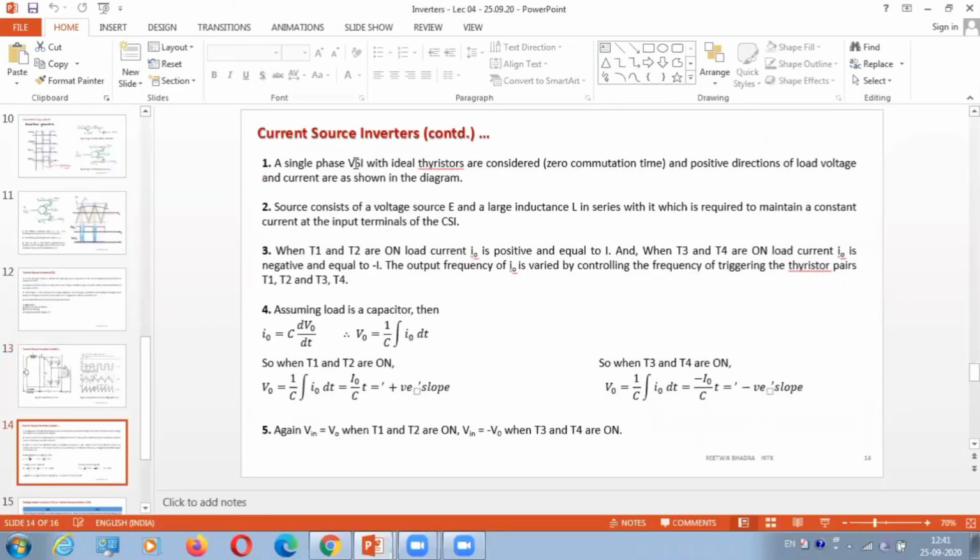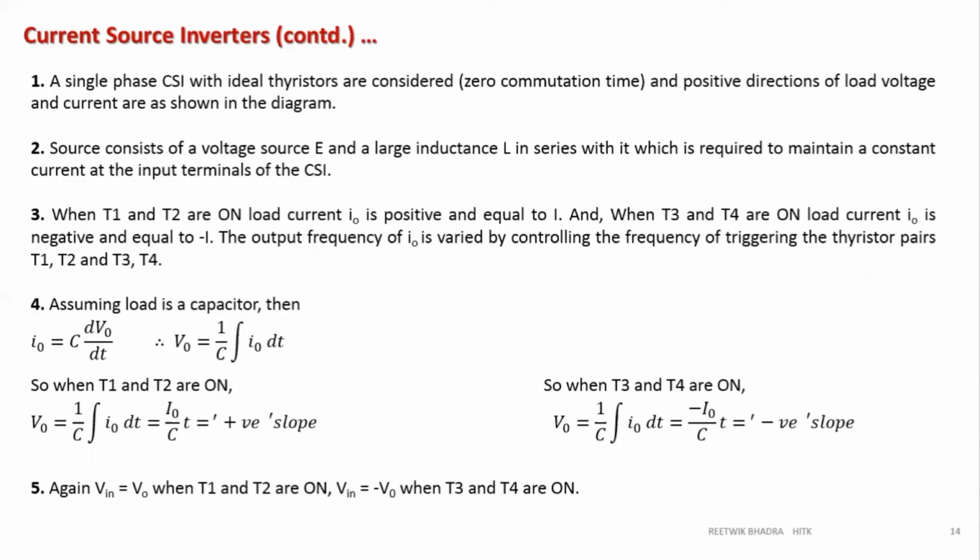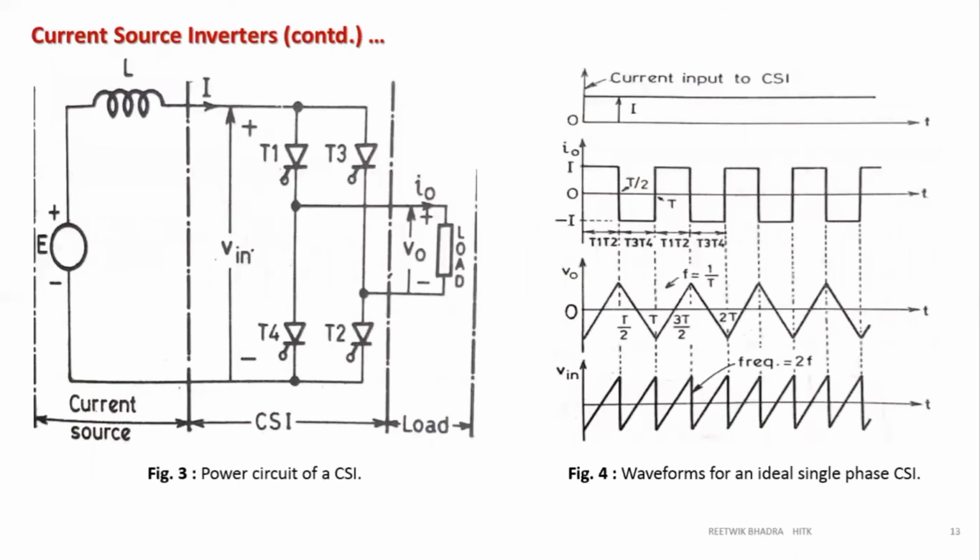Okay. Now this will be CSI. We are studying CSI. So what we are doing is we are studying a single phase CSI. There are many types of CSI. If you go through the books, there are many types of CSI. We are studying the basic CSI. Okay. We'll not study anything in more detail than this.